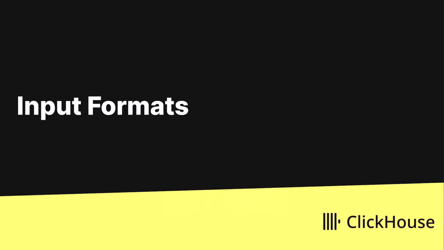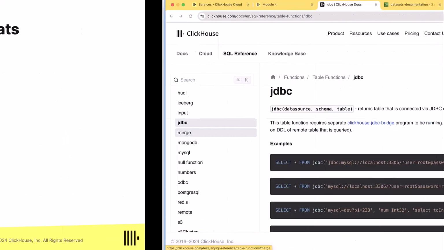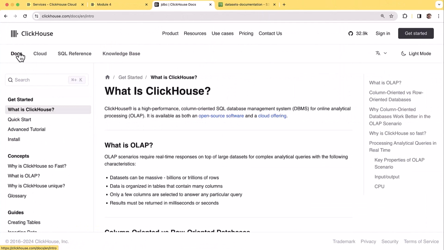So there's all these different table functions. And then let me show you the input formats, and then I'll go through an example. We have a bunch of data formats, and you can see some obvious ones here on the slide, like tab separated, comma separated, JSON, and so on. But we have a lot of other ones too, all the popular ones like Protobuf and Parquet and Orc and so on. And if I go over here to the docs, if you go to the main page and scroll down to data formats,